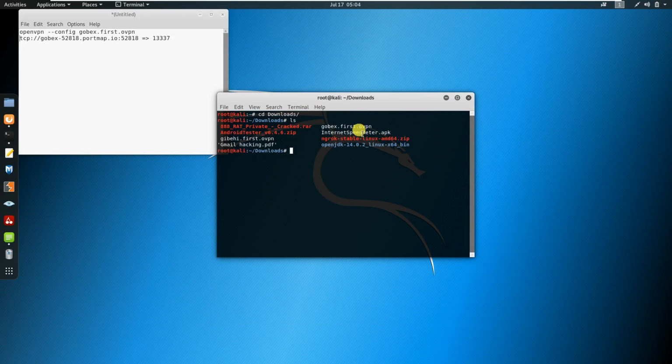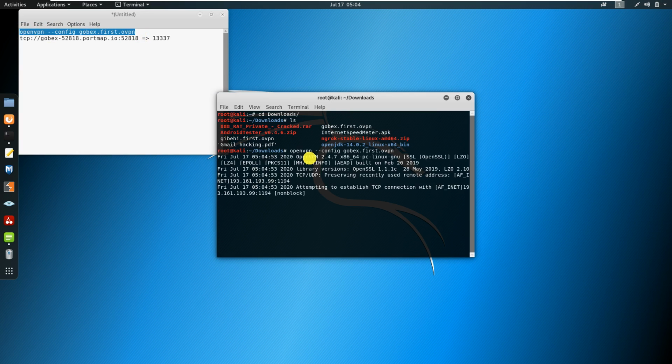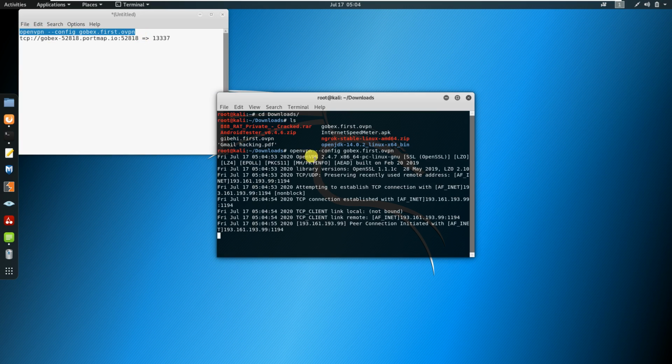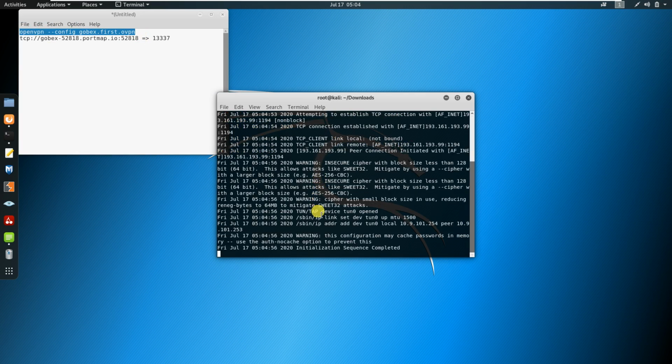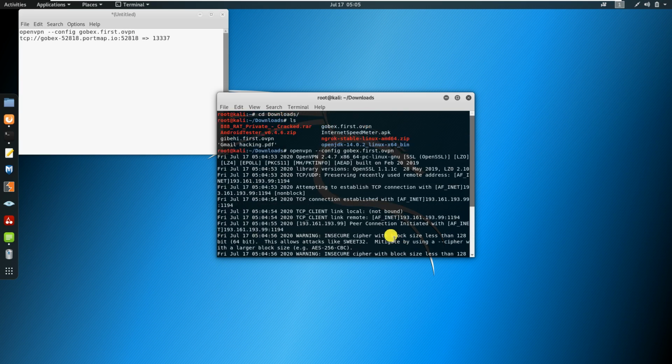For opening this file, I need to use this command, the first command which we have copied. Copy that and execute it. If everything goes well and you have followed the steps correctly, you will see this message, initialization completed, which means you have successfully done the port forwarding.